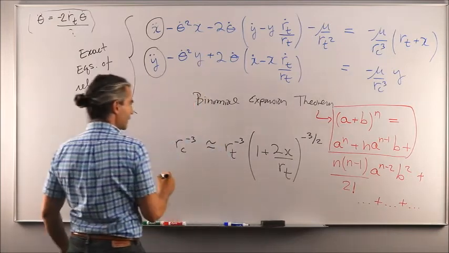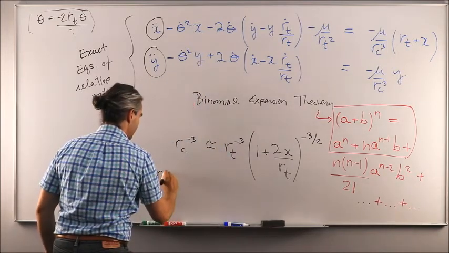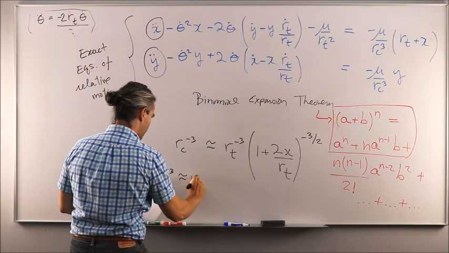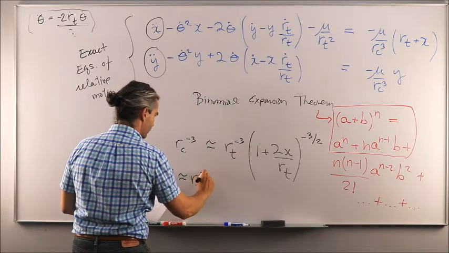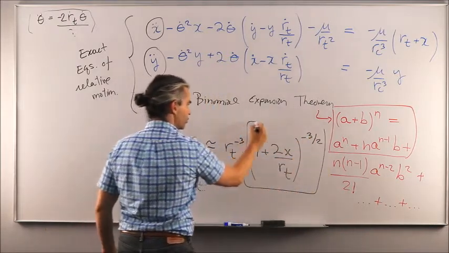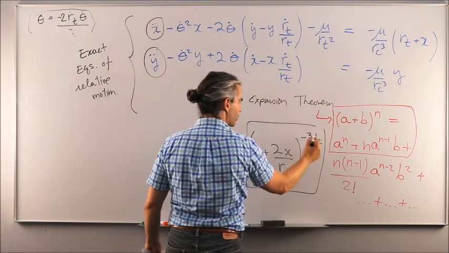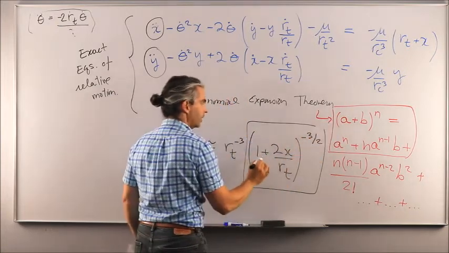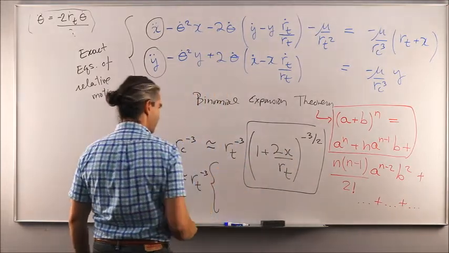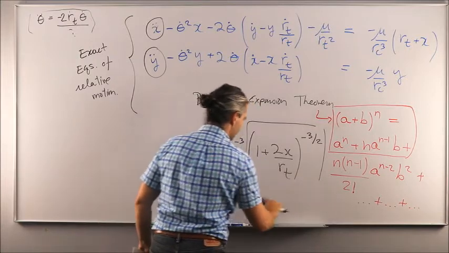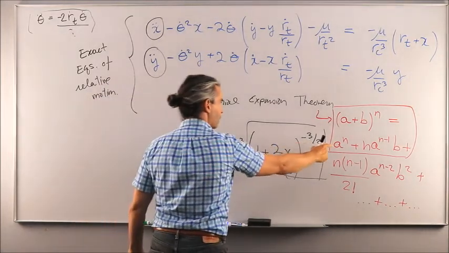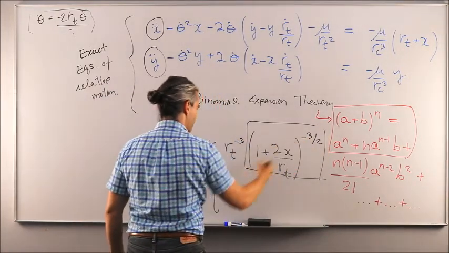So, meaning that my 1 over RC cubed is going to be approximately equal to 1 over RT cubed, so minus 3. And I'm going to use the binomial expansion theorem applied to this situation here, where my exponent n is minus 3 over 2, where my a is 1, and where my b is 2x over RT, to write that this is then being multiplied with